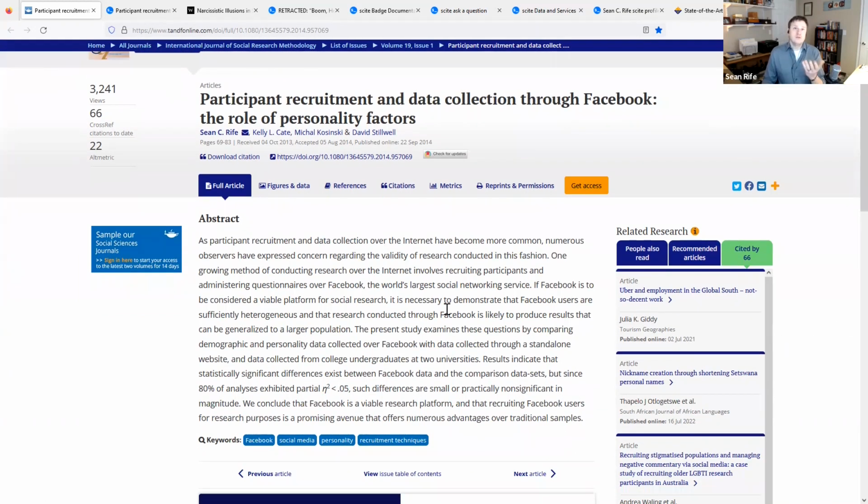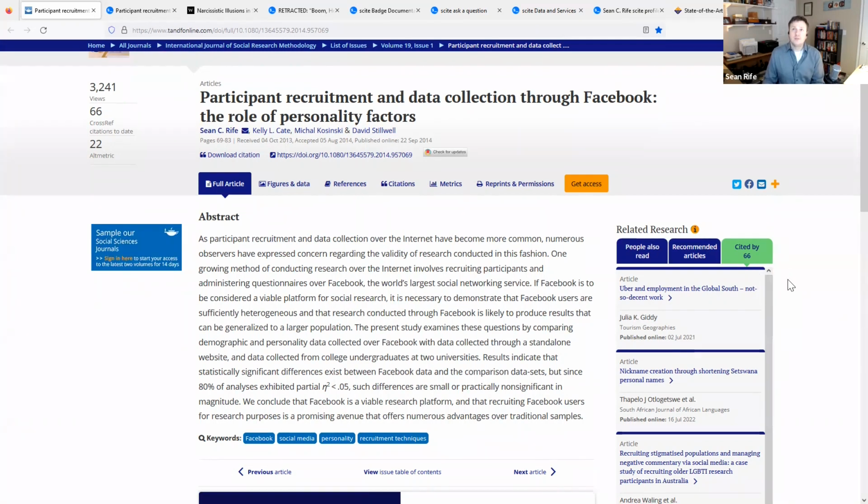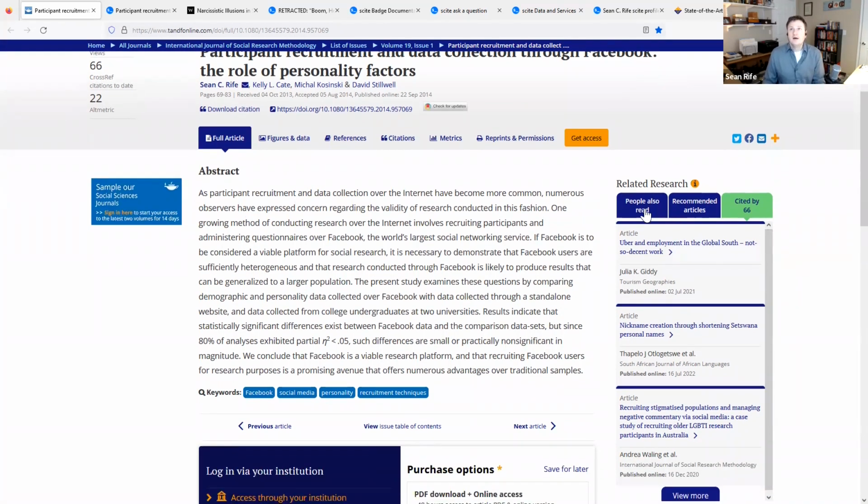If you look at this landing page, you'll see a number of things that I think are common to most article landing pages. Some metadata, the abstract of the paper. And Taylor and Francis does this bit here, where they have a list of papers that cite my work. They found 66 of them, and if you wanted to, you could go through and look at each of those papers, find the citation to my work,